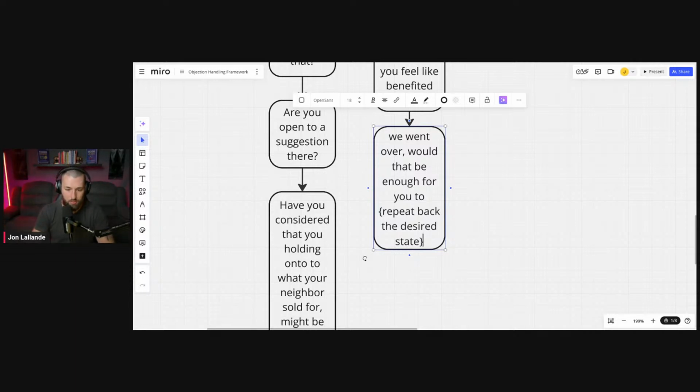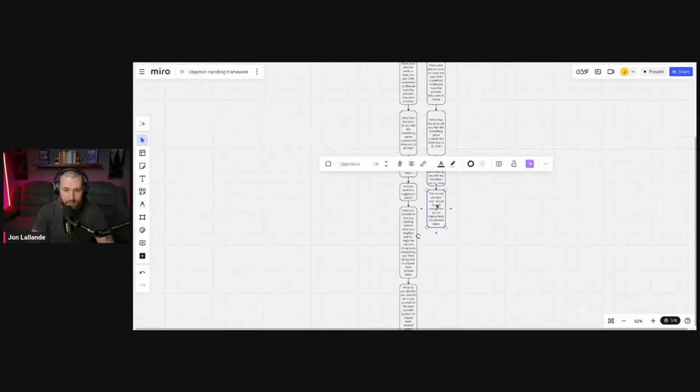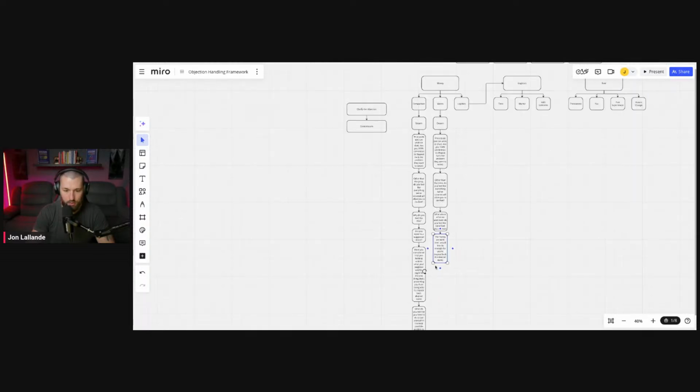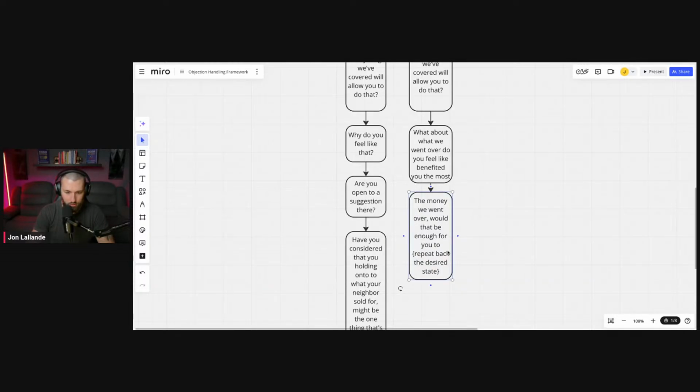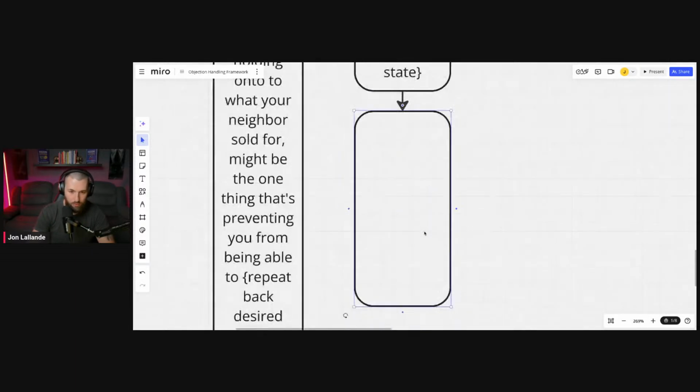They're going to say yes or no. Now, if they say no, we're going to go into logistics here, right? But this is going to be a once objection. So typically it's going to be a yes. Like, yeah, it will, but I want more money, right? Cool. So what feels riskier at this point?